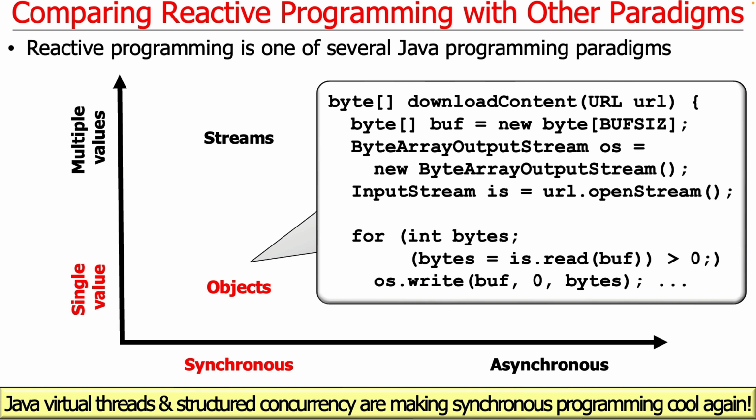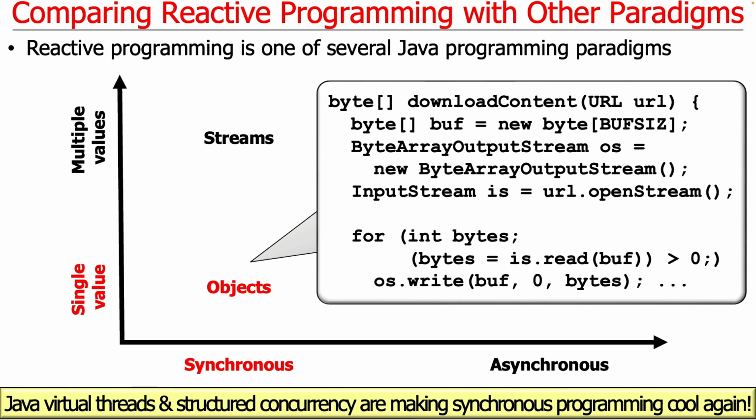So let's start off with the most basic way of doing things. This goes back to the dawn of time in programming, object-oriented programming back in the 70s and 80s, where you have objects that have methods, and when you call those methods, the thread of control of the caller is borrowed to run the method. And there's typically a single value that's returned, which is either some kind of primitive, some kind of scalar, like an integer or a string, or it might be a collection of stuff, but there's one